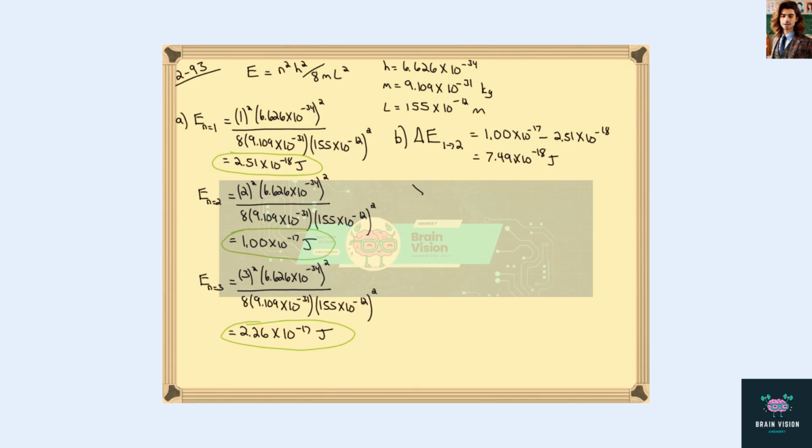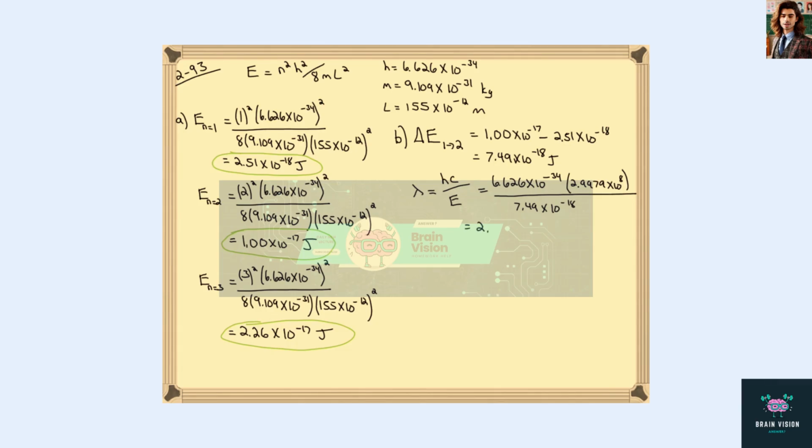We then need to use the equation E is equal to hc divided by lambda in order to get the wavelength. Rearrangement of that equation is lambda is equal to hc over the energy. We just calculated the energy of the transition, so we can now calculate the wavelength of that transition. Planck's constant is 6.626 times 10 to the negative 34. Speed of light, 2.9979 times 10 to the 8th. And we divide by our energy,